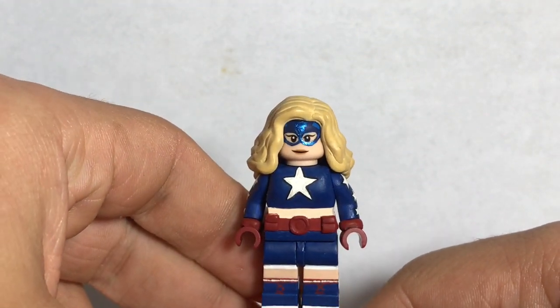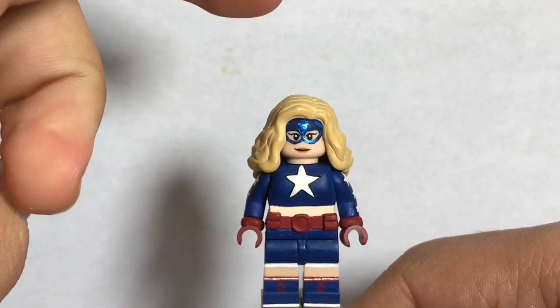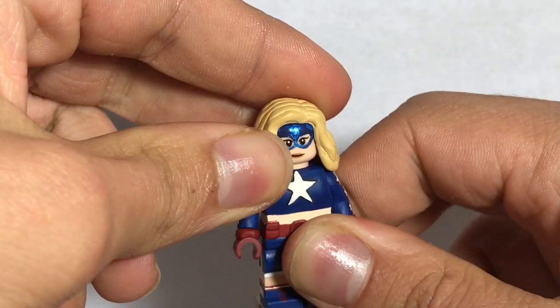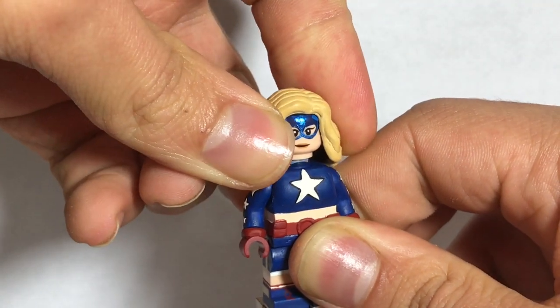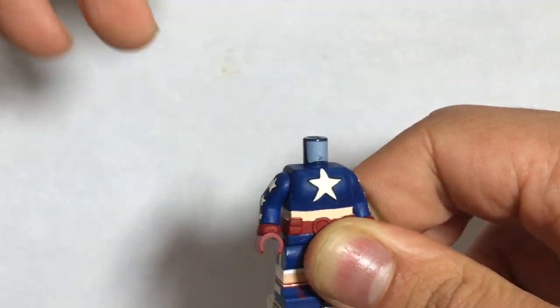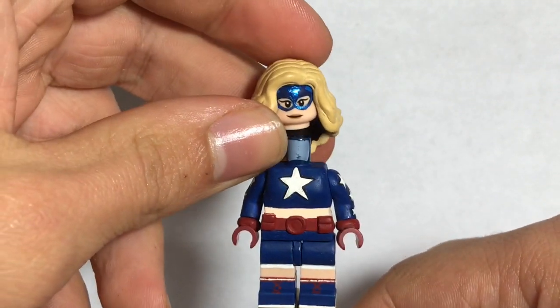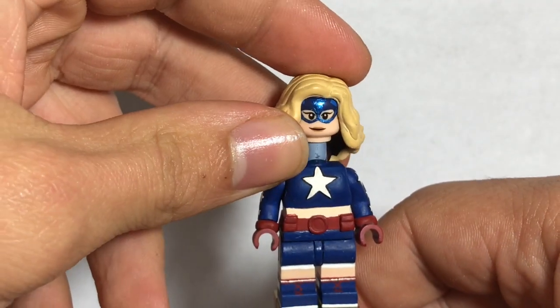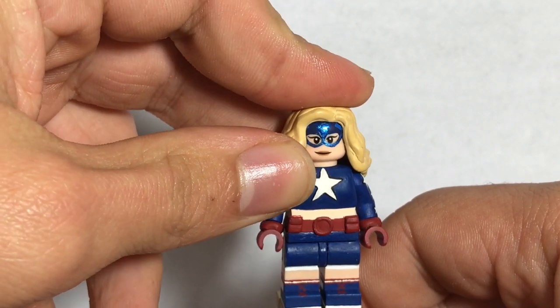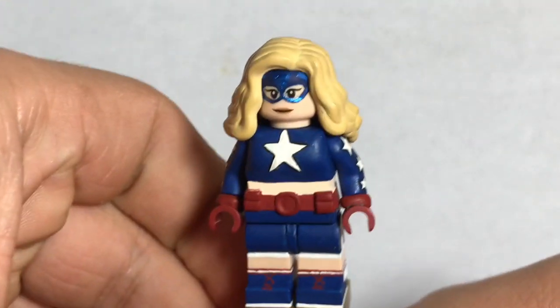I think this head that I used was from the Endgame Rescue Pepper Potts. I couldn't remember for a second where it was from, but I think that's what this head is. I don't know where else it was used previously. It's kind of stuck to the hair, and I don't really want to pull it off and risk ruining the paint